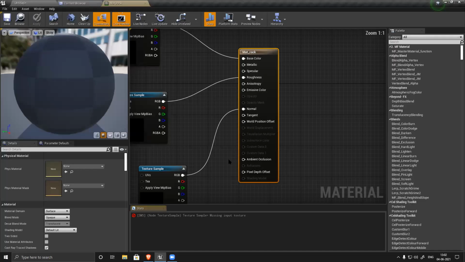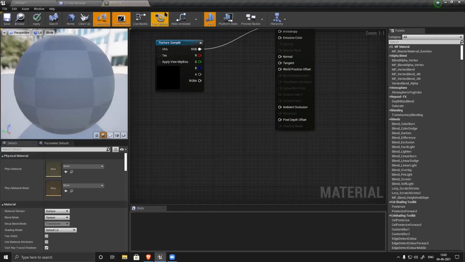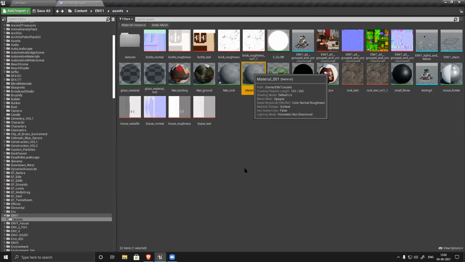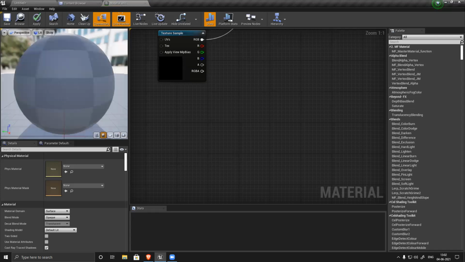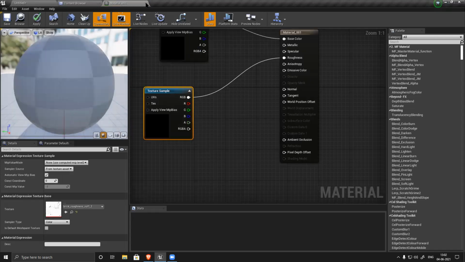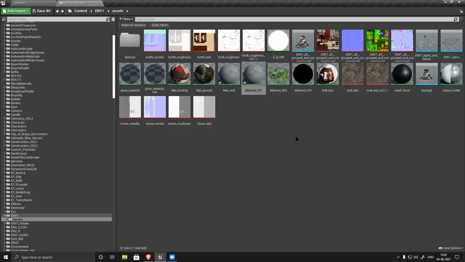Rock, I cannot see the preview because the normal map is not there, and because of that it's giving me an issue. If you have any error in your texture, it will give you that problem. So the naming was the issue in this case. The name showing normal missing, so that's why it's missing. That's why there is an error in your material, and why I cannot see anything.